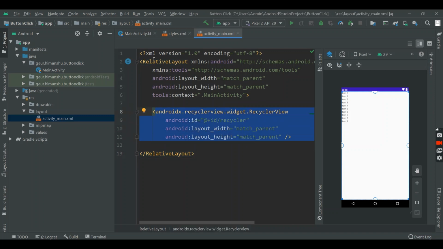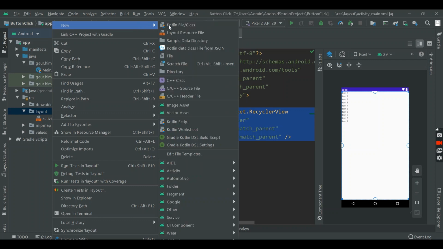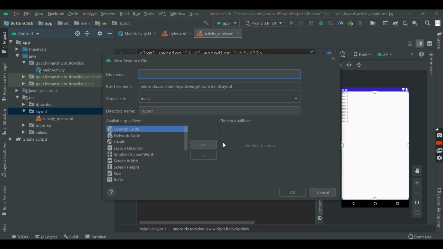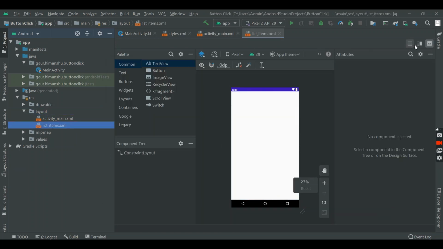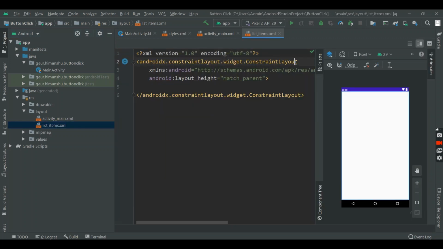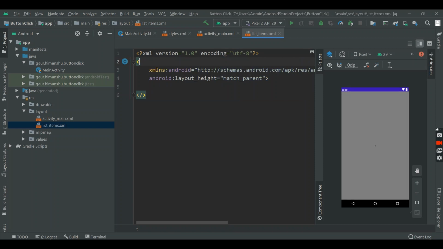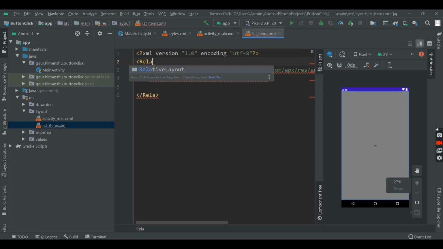Now we are going to create a layout resource file for our items. So it is list items. Now go to the text format of XML. Now instead of relative layout use card view.